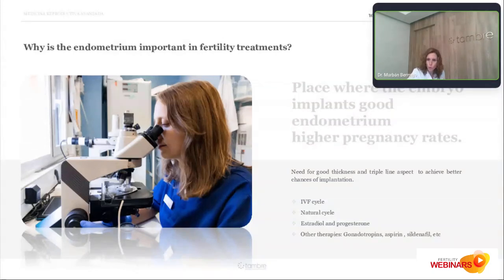So it's also important to have a good endometrial thickness. We consider that a normal thickness would be over 7 millimeters. I would say between 7 and 12 millimeters would be quite acceptable to move forward to a potential embryo transfer. So in order to achieve that good endometrium,